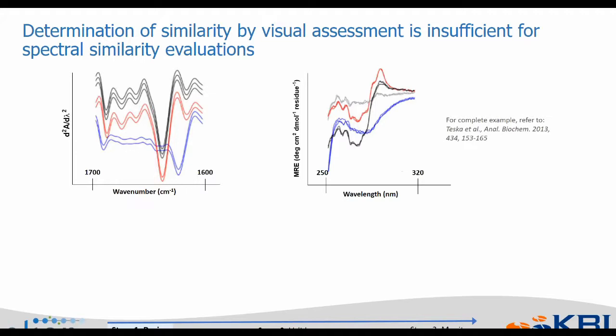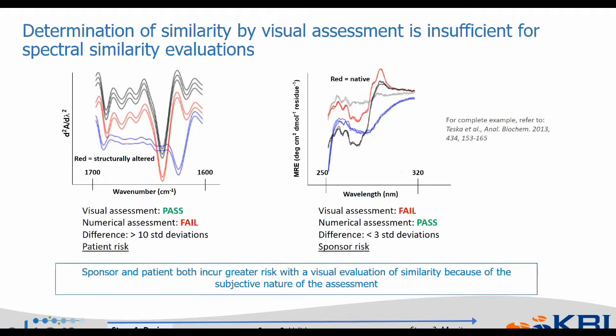And in the case on the right, when we compare the black to the red, I think it's much more debatable. Some of us may say, yes, those appear comparable. We might say some of the fine structure looks a little bit different between the two. So we may come to a conclusion that they're not similar. And in both cases, we would be wrong. And that's the risk of visual assessment. So in the case of FTIR, visually, we would consider this to be a pass. By numerical assessment, it would